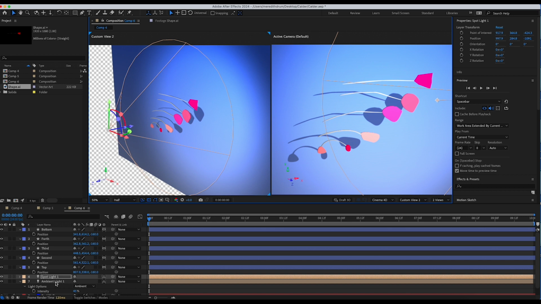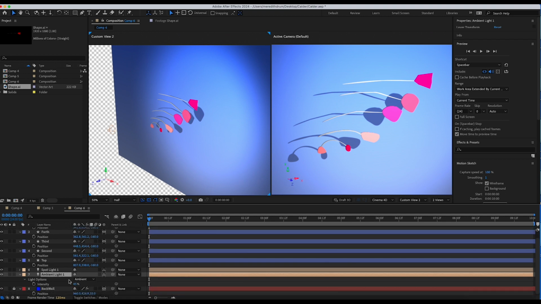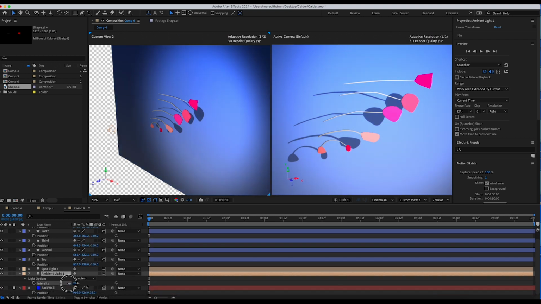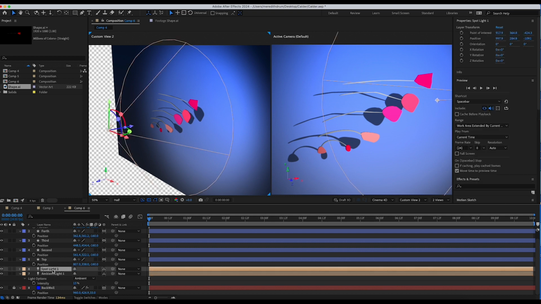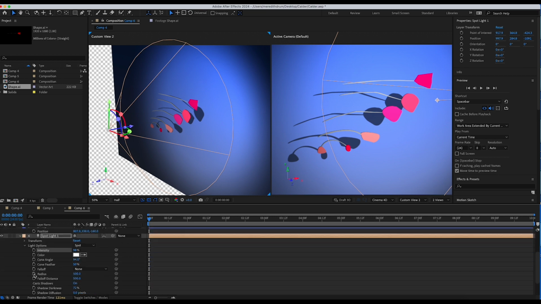We might actually want to change the ambient light's intensity now. So remember, it's T for intensity. I'm just going to move that up, and let's bring the ambient light down a bit, because then we can see the spotlight a bit more. Let's press T for the spotlight, and maybe you can leave it at 90. Okay, you can also change some other things about that light if you wish.